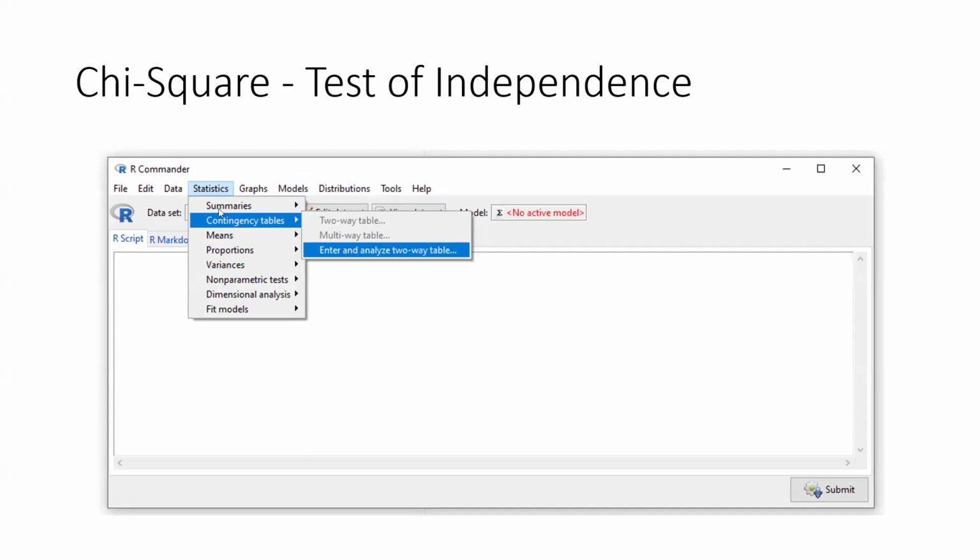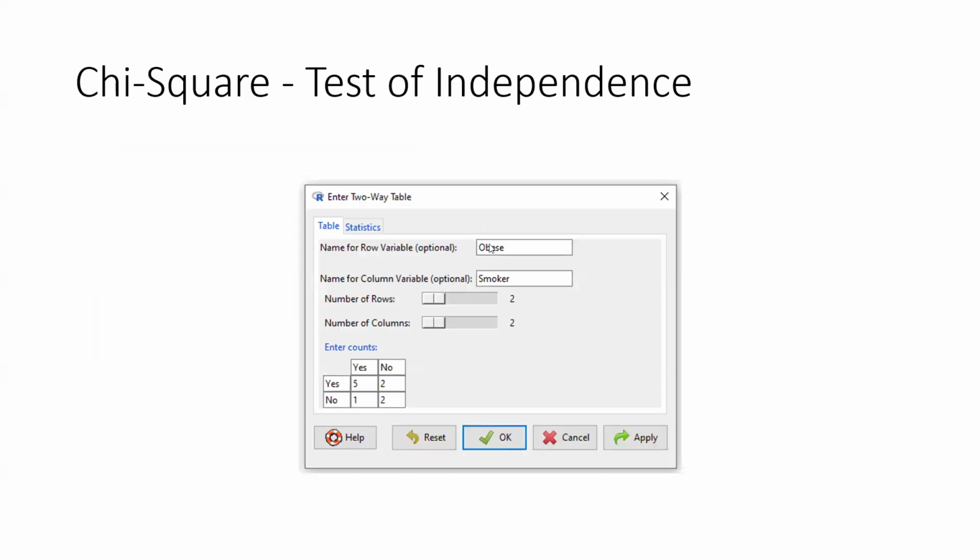Here's another way to do it. Statistics, contingency tables, enter and analyze two-way table. Here you have to name the row variable and the column variable. We selected the number of rows to be 2, the number of columns to be 2. And remember, as I mentioned before, you're not always set to 2 by 2. It depends on what the situation is, and then from that, you would apply what is necessary. With a McNemar's test, you are stuck with 2x2 contingency tables, and we'll discuss that in our next lecture. But for this, you can select the number of rows, the number of columns. We name the rows appropriately, we name the columns appropriately, and then we enter